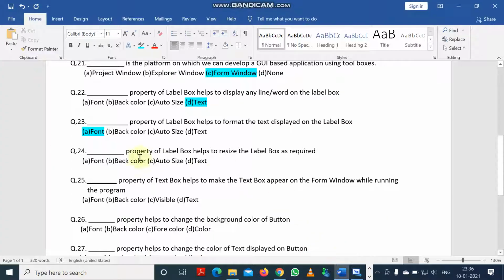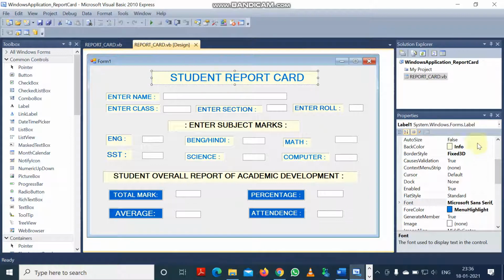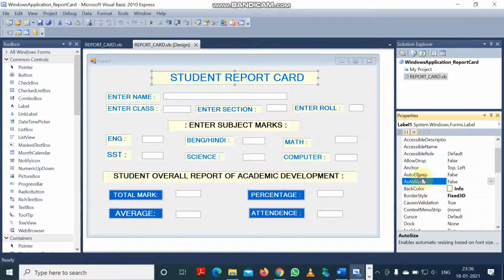So next, question number 24. Dash property of label box helps to resize the label box as required. The answer will be auto size. You remember, the answer will be auto size. Why am I saying this? When I select this label box, you can see the auto size property here.